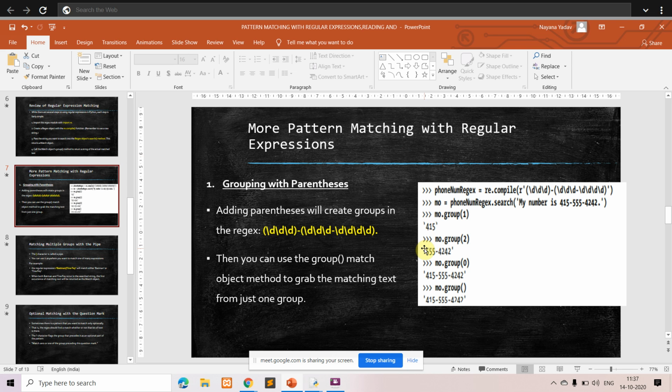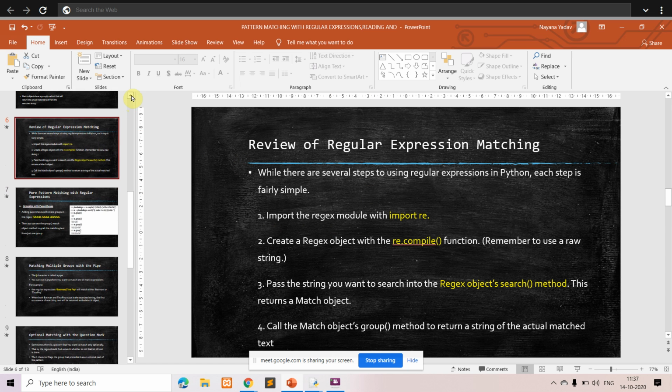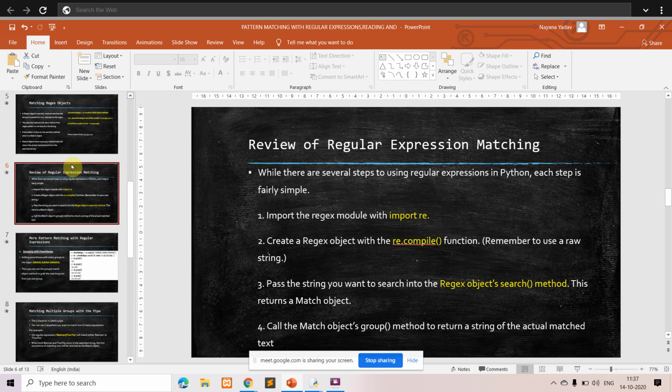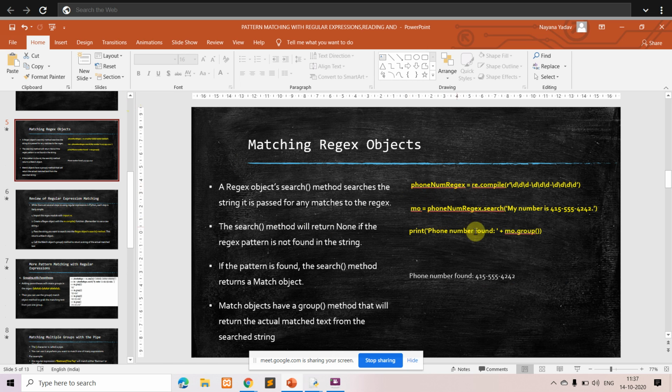So now we have understood what is regular expression. Have you understood what is a regular expression? Yes, ma'am. So instead of writing that lengthy code, we have reduced that by just these three lines, right? Along with that, the import re module. So we have reduced our code size by using this regular expression.